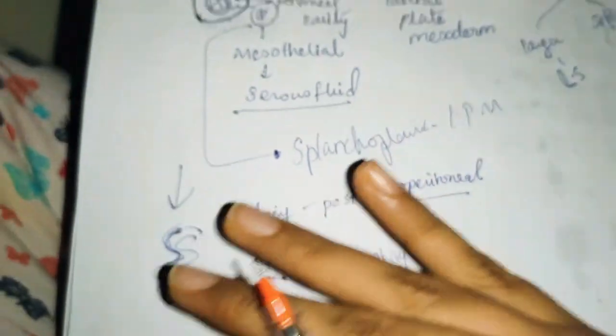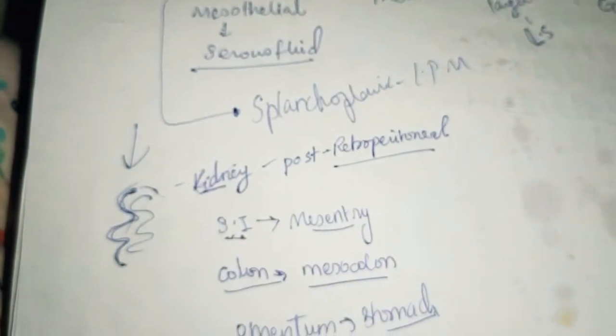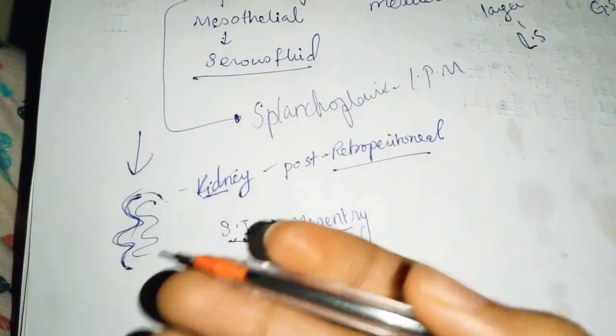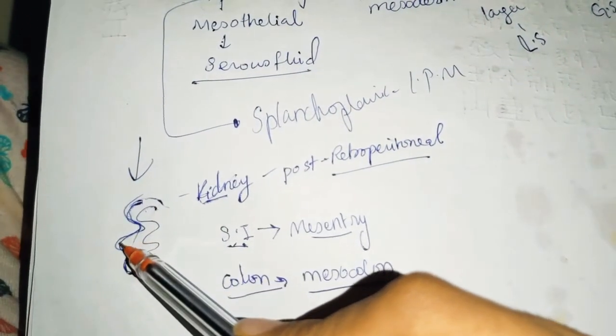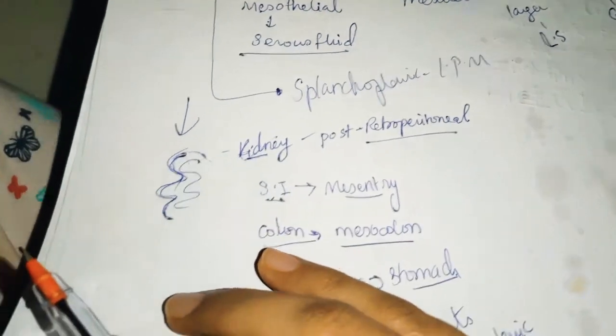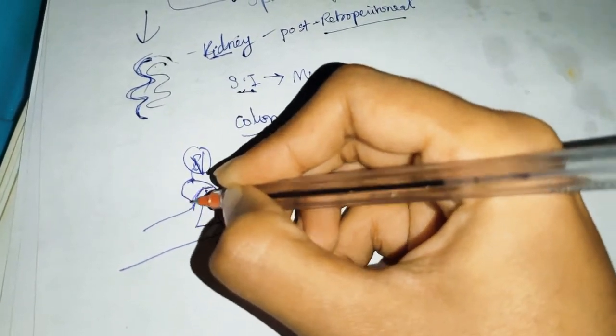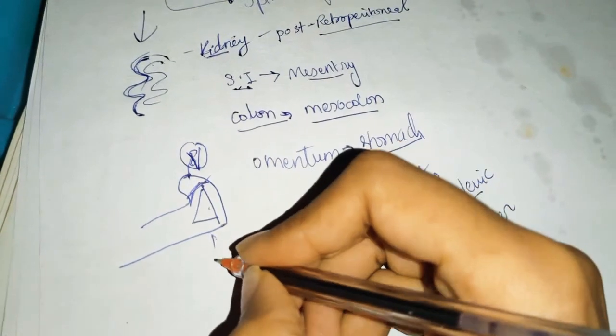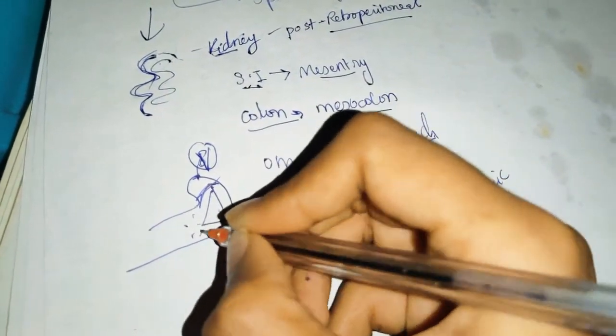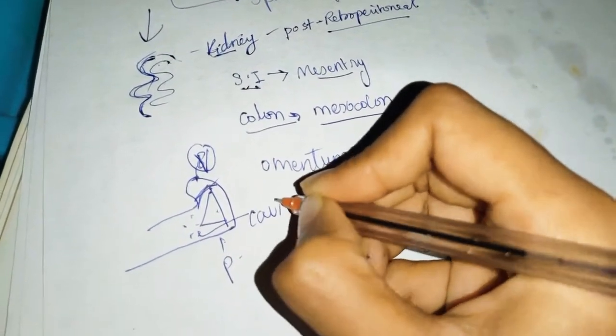As we already discussed, as a person evolves from childhood to adulthood, because of rotation and change of different organs, the peritoneum around them also changes. In the process of this changing, for example, here you have the liver. Around the liver you have peritoneum, right? This is the visceral peritoneum because it's in near contact with the organ. This will be the parietal peritoneum, and this is the peritoneal cavity.